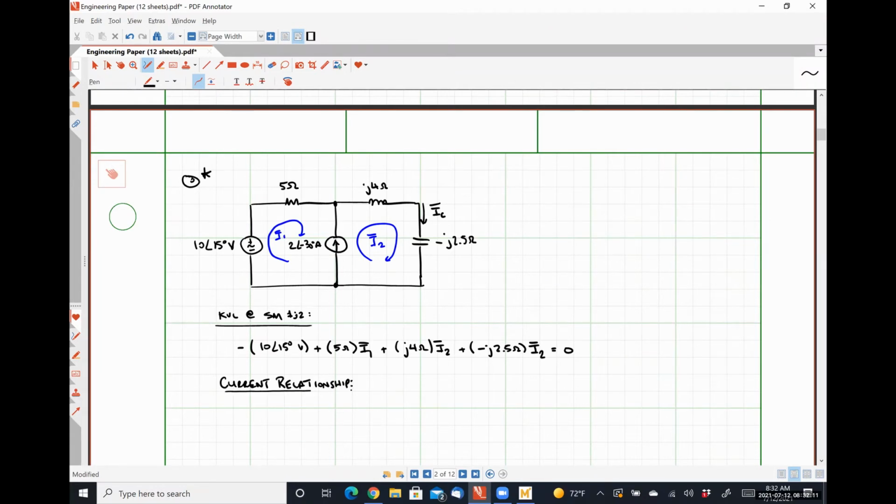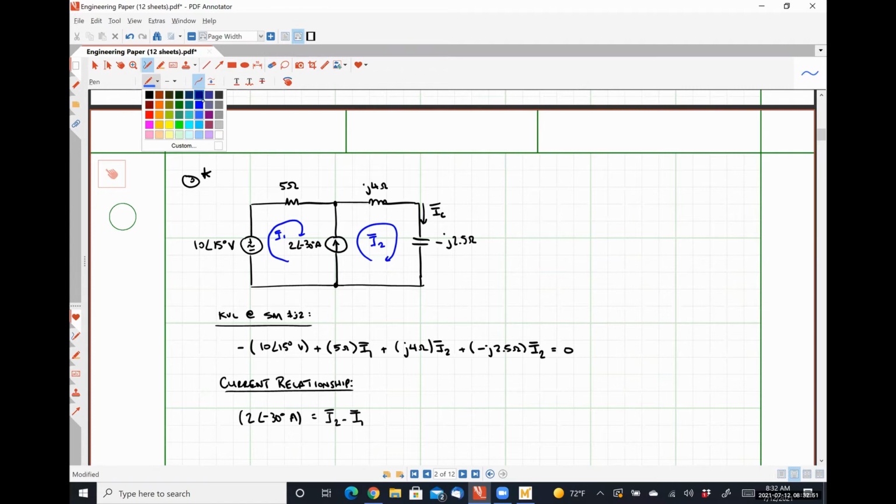So our current relationship equation here is going to be 2 angle negative 30 degrees amps equal to what? Oh yeah, I1 minus I2. I disagree. Oh, that's negative, right? That's going up. I2 minus I1, right. So it's I2 minus I1 because as I2